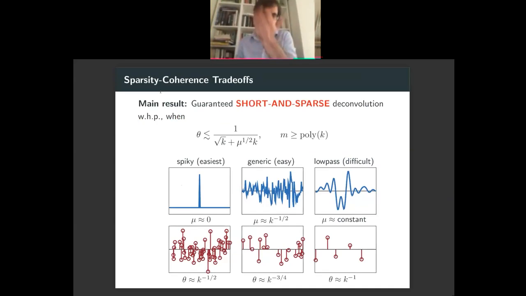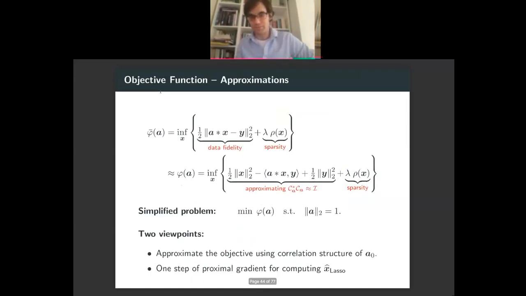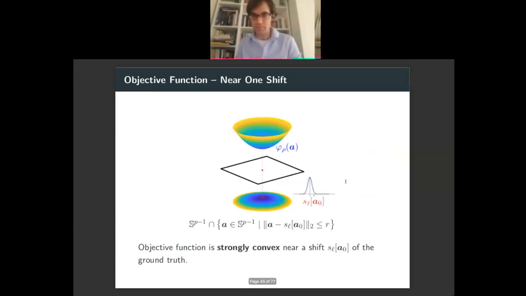Okay, this is just illustrating, at left I have a dense and incoherent problem. At right, I have a sparse and coherent problem. And the theory sort of gives you a trade-off between these two things. Now, like before, these are hard problems. We're still developing the tools, so we're going to hack a little bit to get something that we can analyze. Here, we hack a little bit on the objective function, so we manipulate the objective function a bit. Once we make that manipulation, the geometry that comes through is pretty nice.